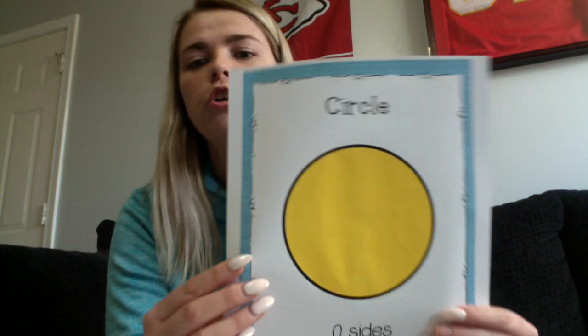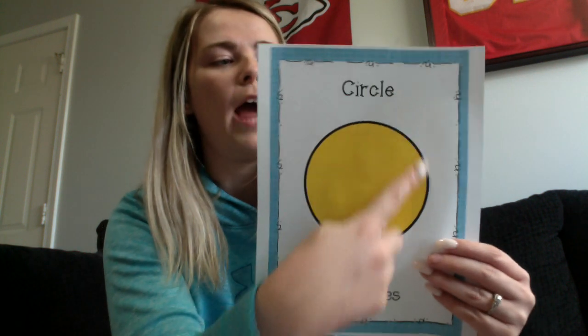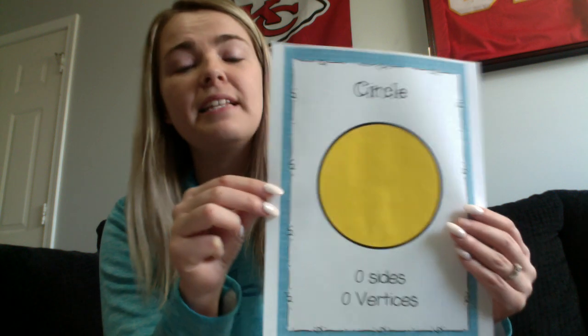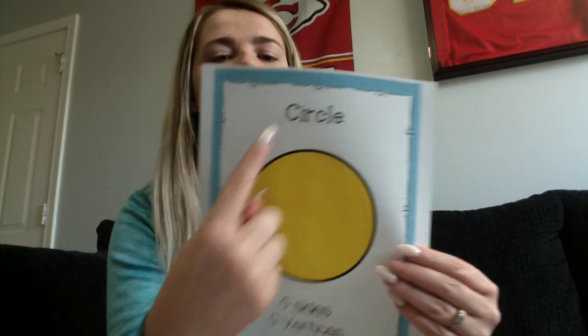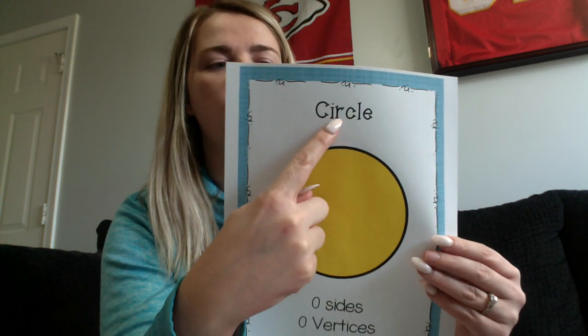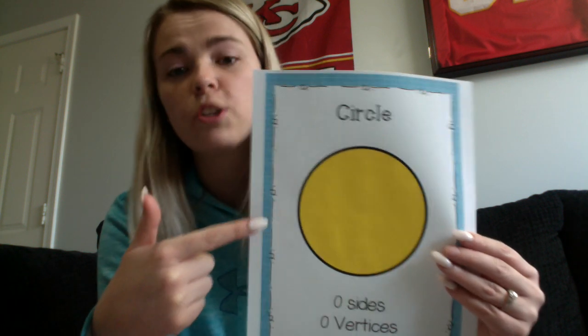So the first shape I have here is a circle. Circles are described as being round, kind of like a pizza. Okay? Circle is spelled C-I-R-C-L-E. What shape is this? Circle. Great job. The next shape we're going to talk about,